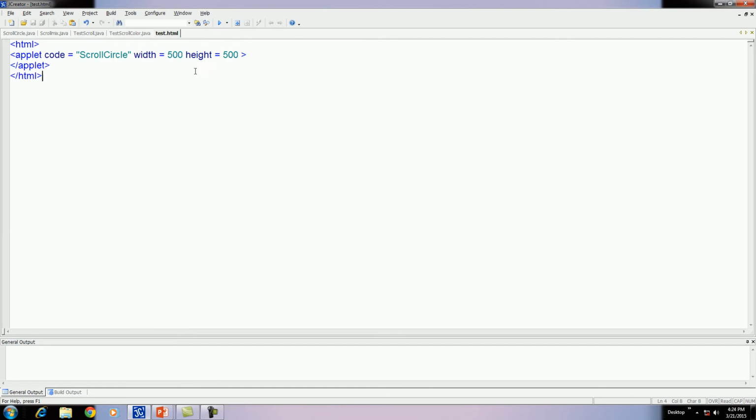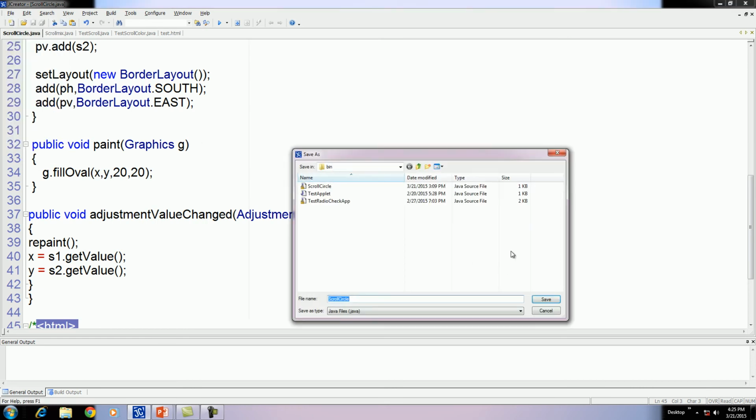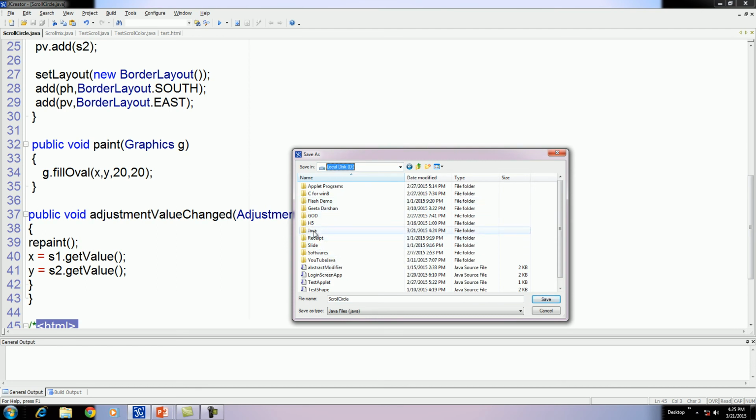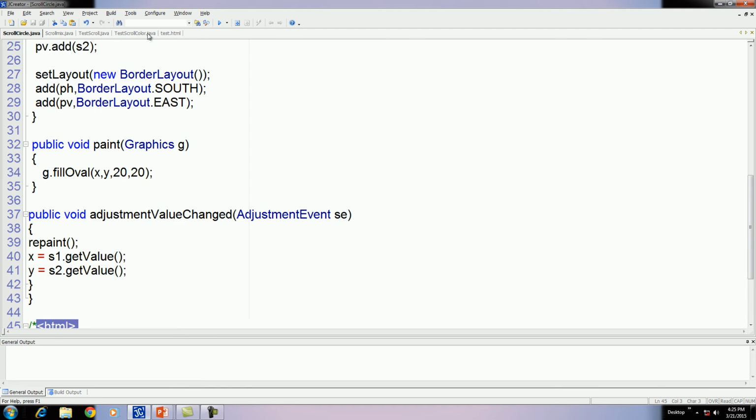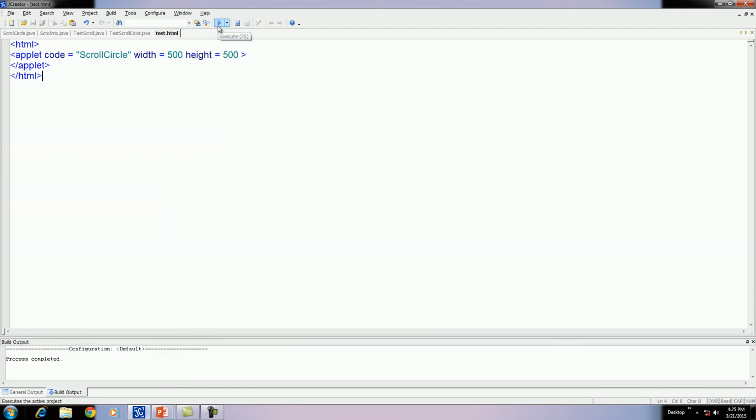I think this HTML file and this program are not in a single folder. Then let us save this program as, okay, now compile it and then run the HTML file.